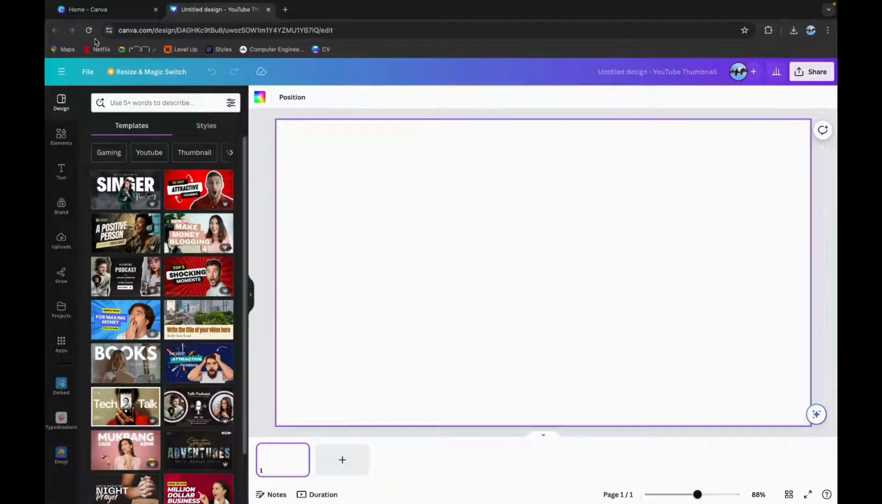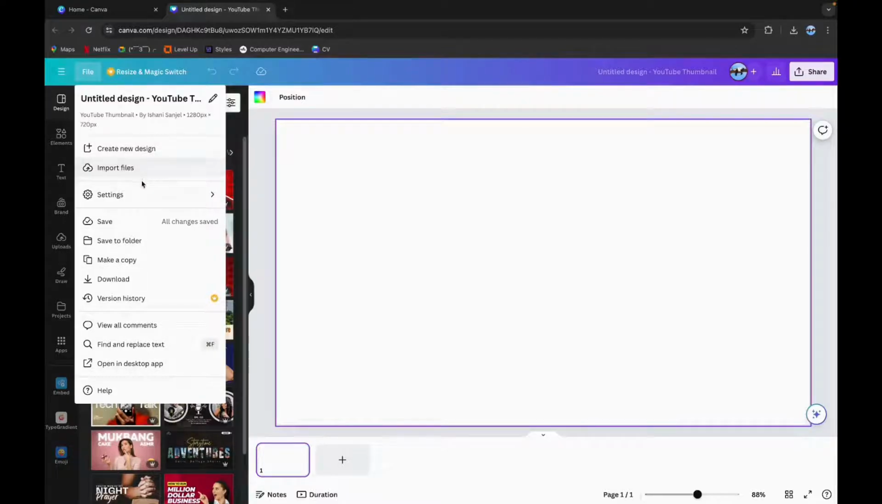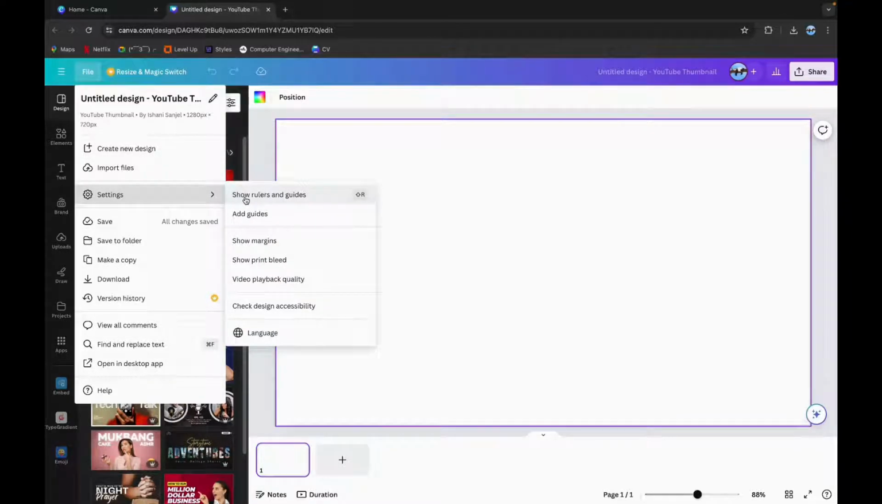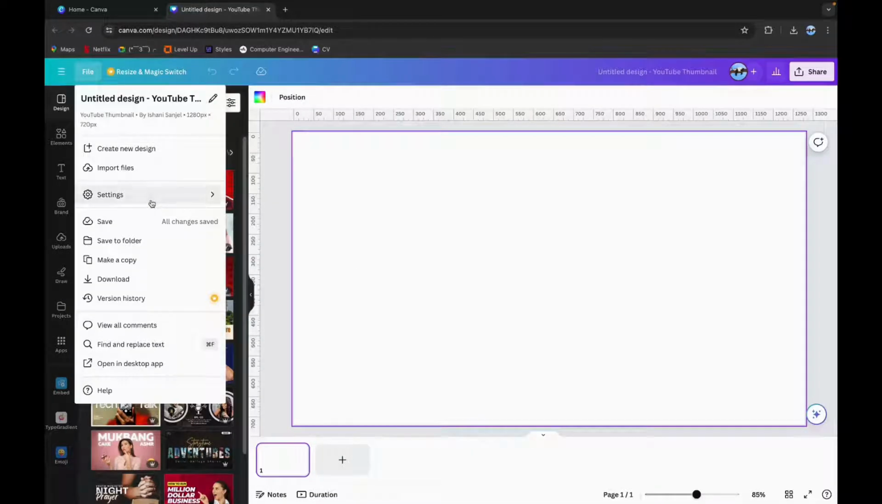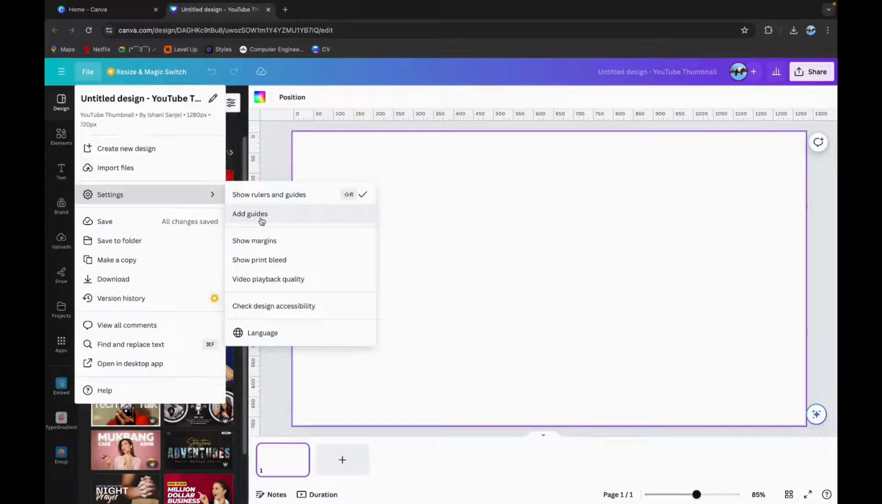Now here on the top navigation bar, you can see file option. Click on it. Here click on settings and you can see show rulers and guides. Mark it as checked and again click on file and go to settings, and here click on add guides and